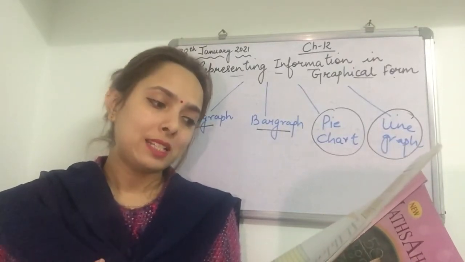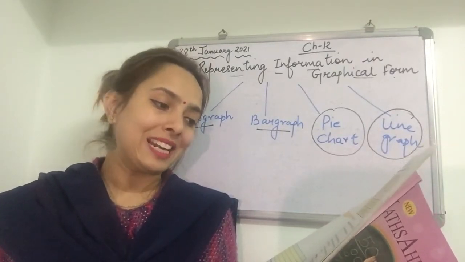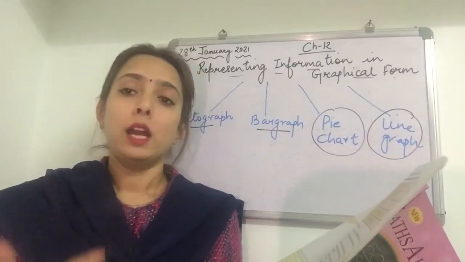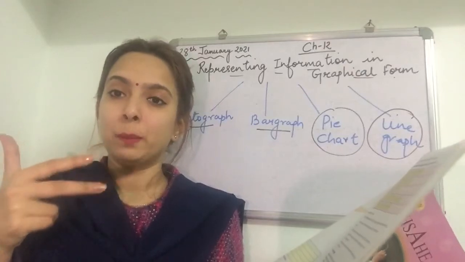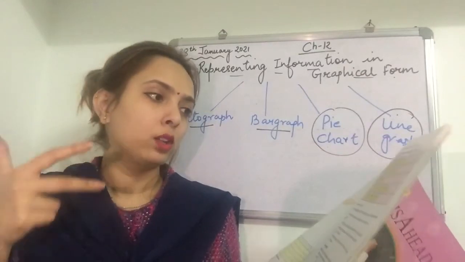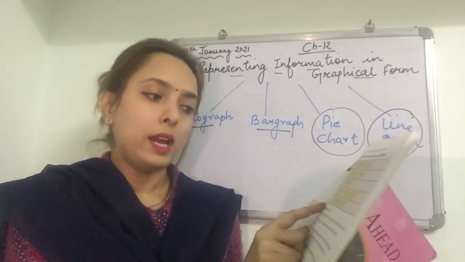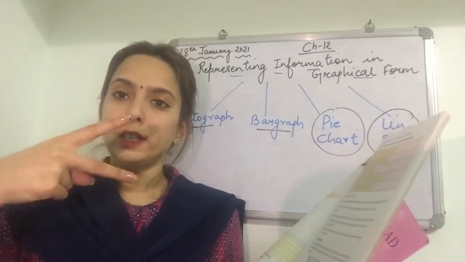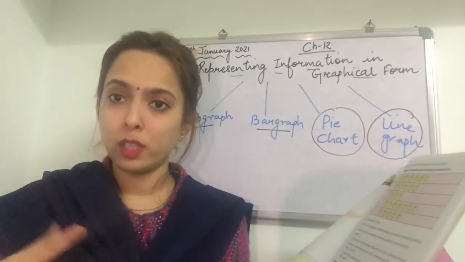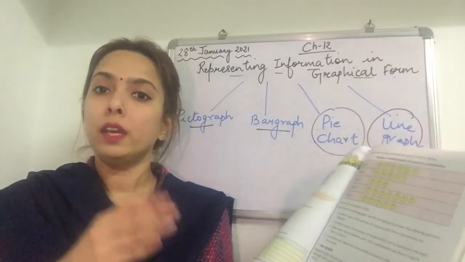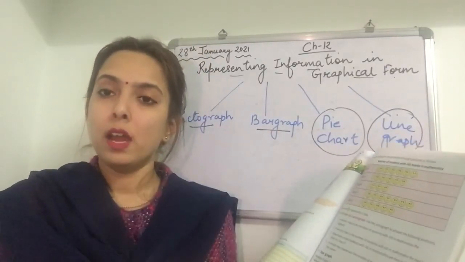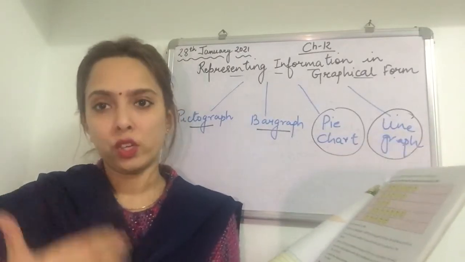In which two classes is the number of students with 100 in mathematics the same? Which two classes have the same number of students scoring in mathematics? So here we can say class 2 and class 5. Both the classes have the same number of students who have scored 100 marks. So in this way, we have to make a pictograph and answer the questions.